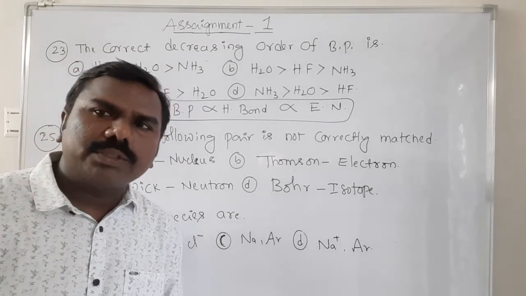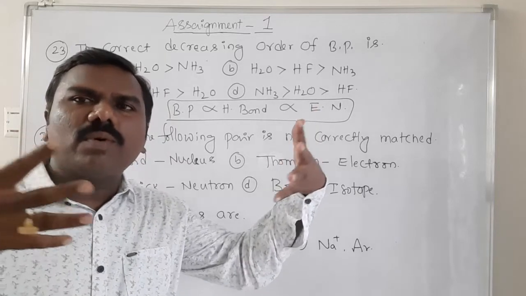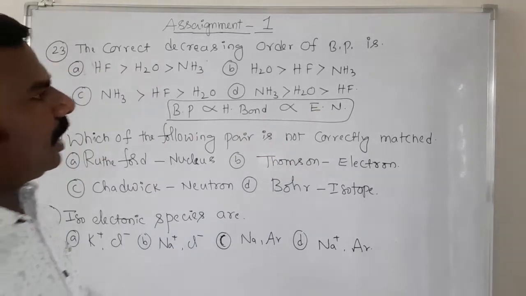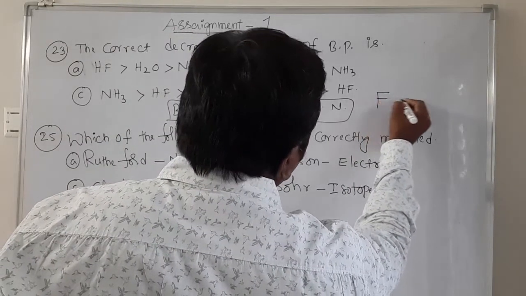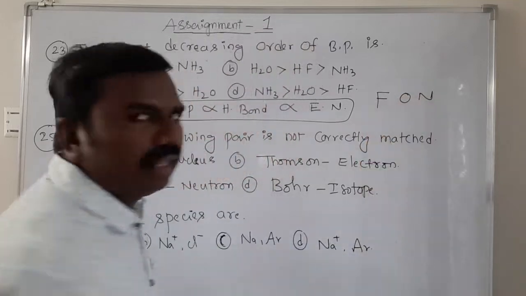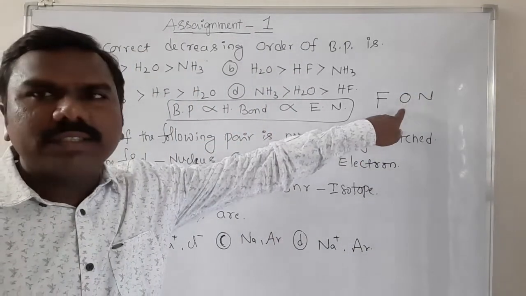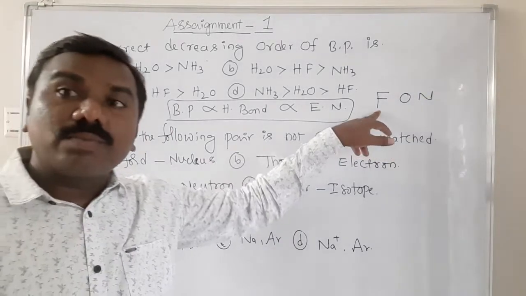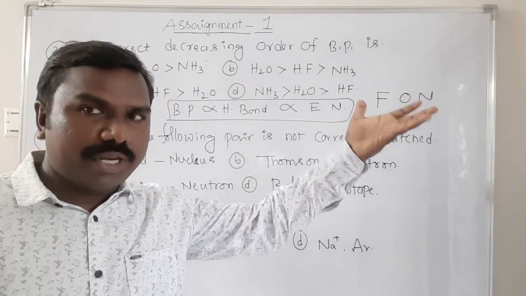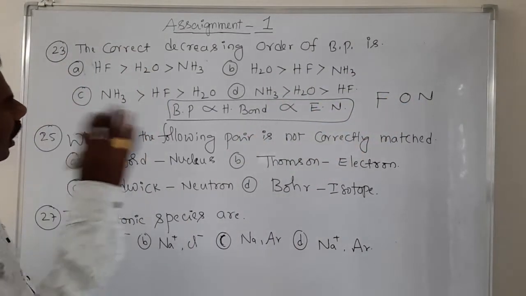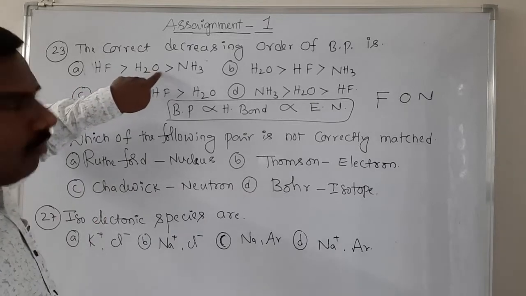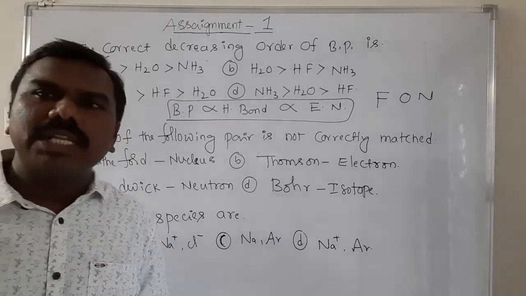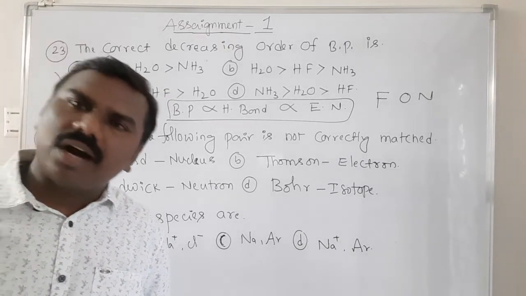Hydrogen bonding is directly proportional to electronegativity. The more the electronegativity, the more the bonding with electropositive hydrogen. Get it? Yes. So the electronegativity order we know already. Fluorine is the most electronegative element in the periodic table. After that oxygen, after that nitrogen. So more electronegative means stronger bond and high boiling point. Hence, HF first, followed by H2O, followed by NH3. So the answer will be the first option. Option A is correct based on electronegativity order.